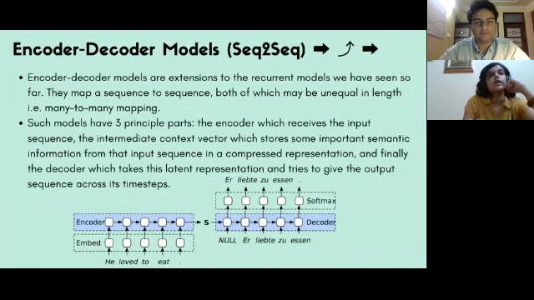Okay, so we've got encoder-decoder models, or seq-to-seq. Okay, so what are they? Encoder-decoder models basically map an input with a certain length to an output with probably a different length. The lengths of the input and the output need not be the same. Okay, so they have three very important concepts embedded into them.